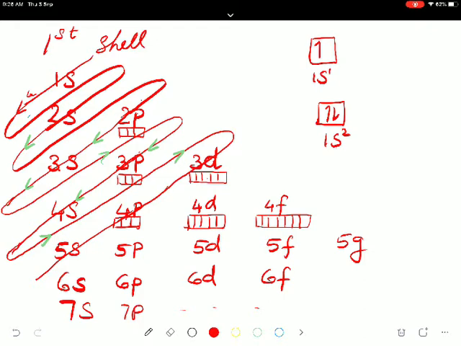In the case of lithium, 1s2 will be there. The next electron will go to the next orbital, that is 2s. 2s contains one electron. So 1s2, 2s1. In the case of beryllium, that is 1s2, then 2s2, like this. So we are going to fill the electrons. Instead of these orbital names, I am going to show boxes now.